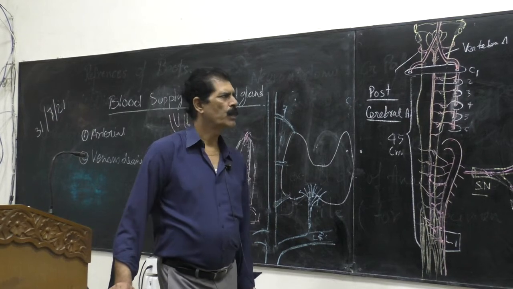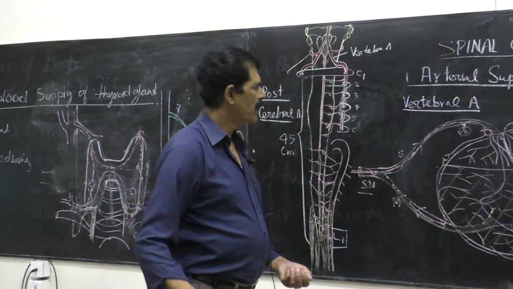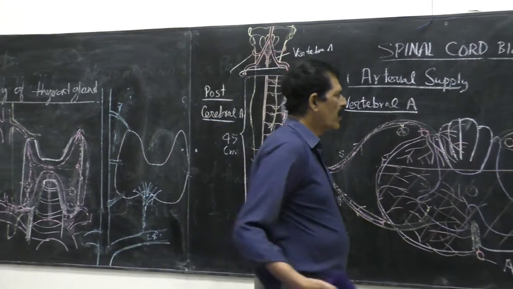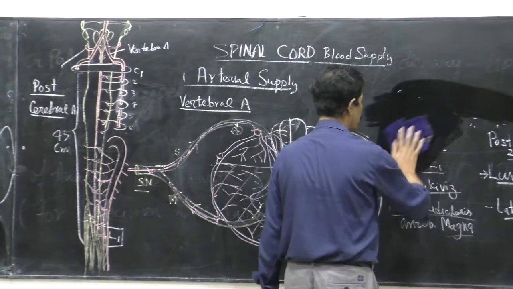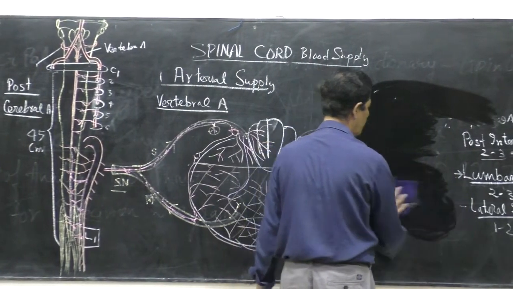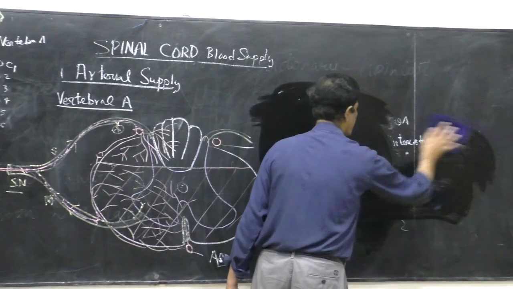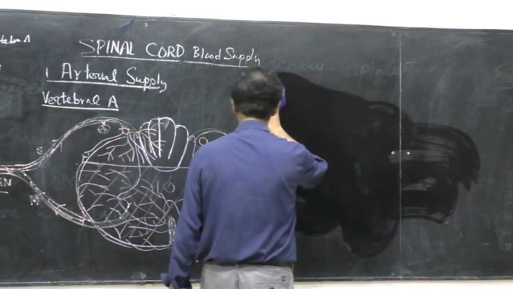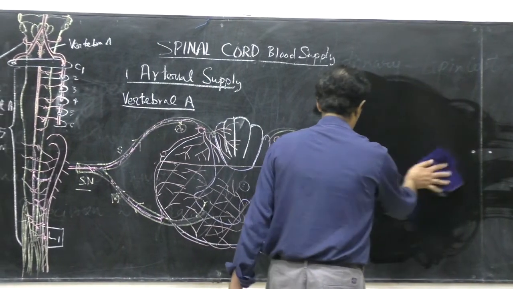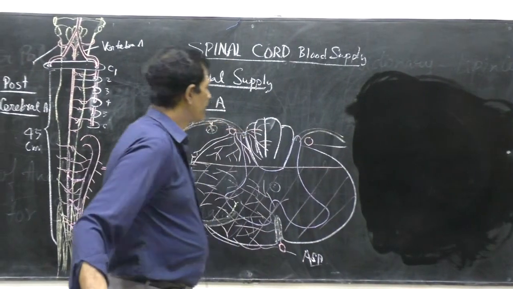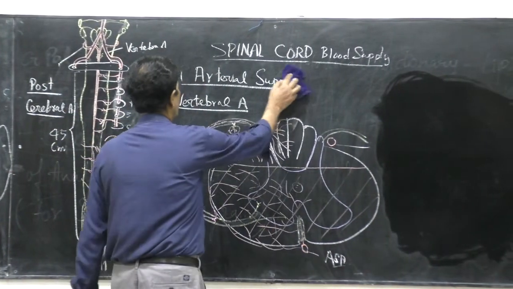Now comes the venous drainage of the spinal cord. So whenever a question of the blood supply comes, you have to write both the arterial supply as well as the venous drainage. Otherwise, it will be incomplete if you only write the arterial supply. So in the venous drainage,